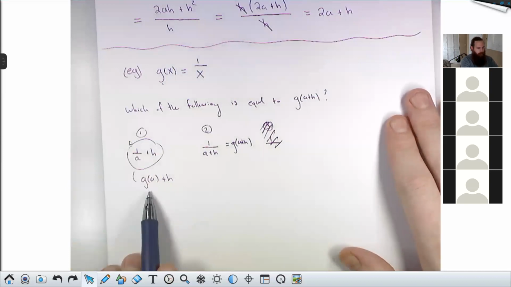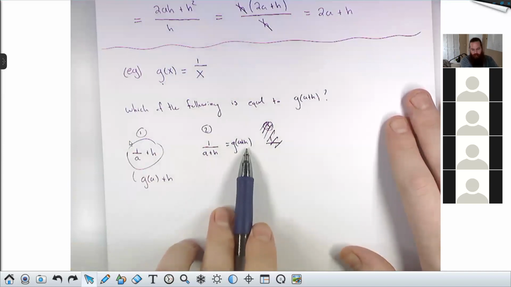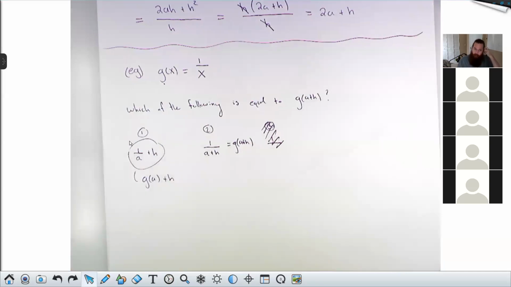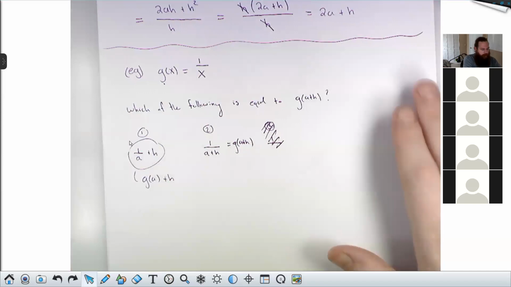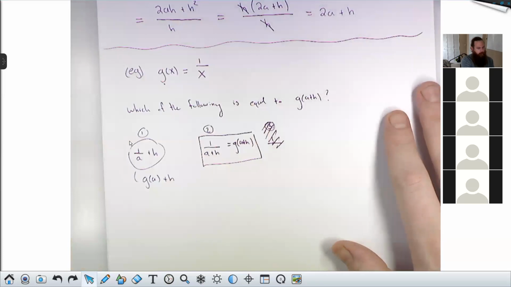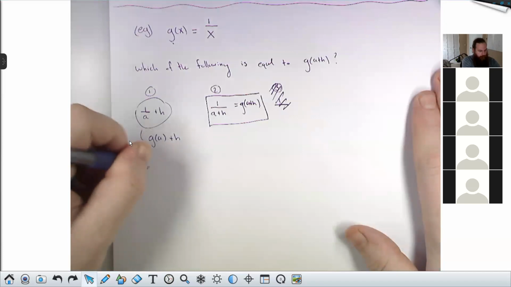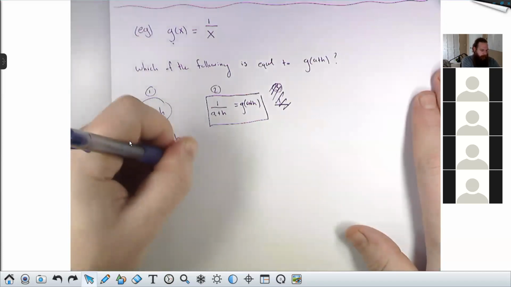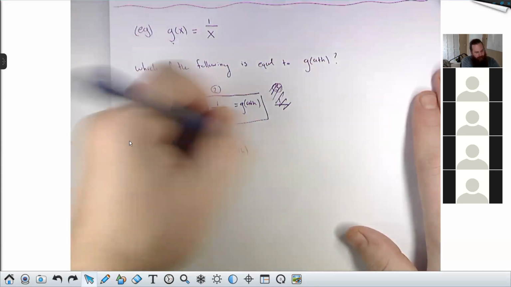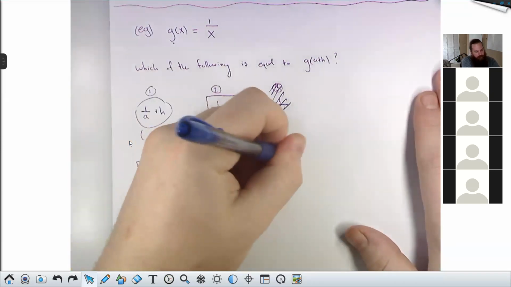And what we see is that g of a plus h on the outside is very different than g of a plus h on the inside. That's the connection to what we were doing in the previous example, where we wanted to compare those different function statements. So if I wanted to do a difference quotient, like the previous problem, where I find and simplify g of a plus h minus g of a all over h,